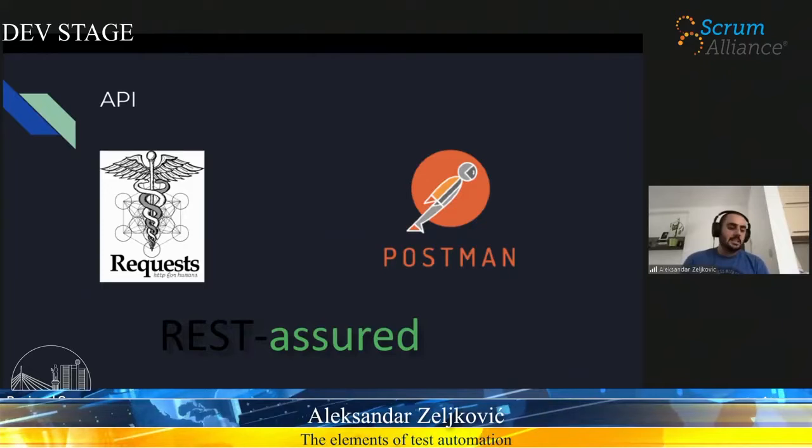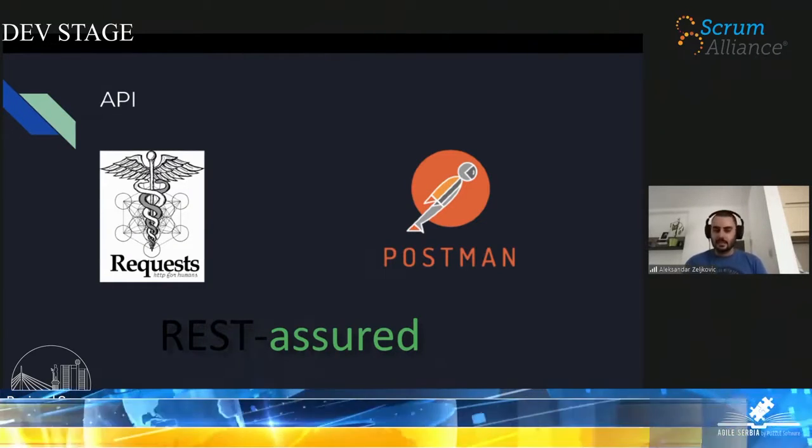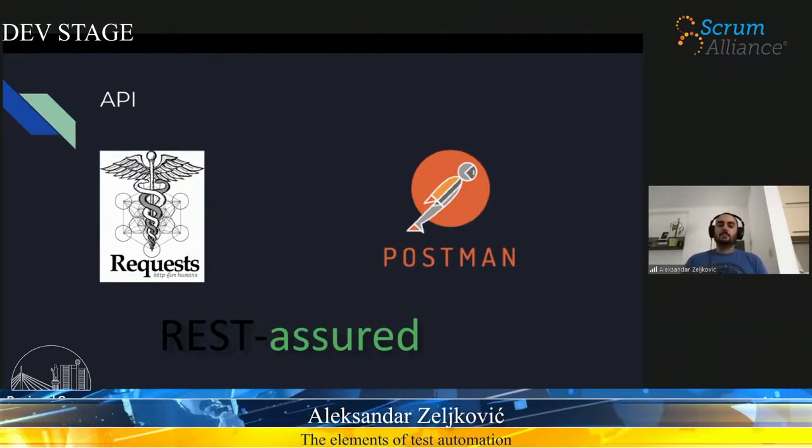To send an HTTP request in Postman, you don't need to write code. Postman has its own UI, and also Postman has its own testing framework integrated, so you don't need anything else to test APIs with Postman, since it has an integrated testing framework and the Chai assertion library as well.